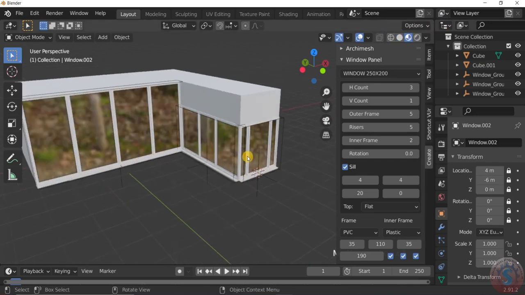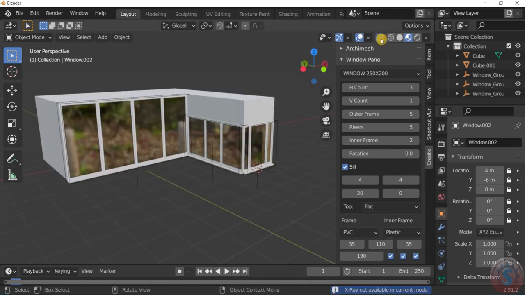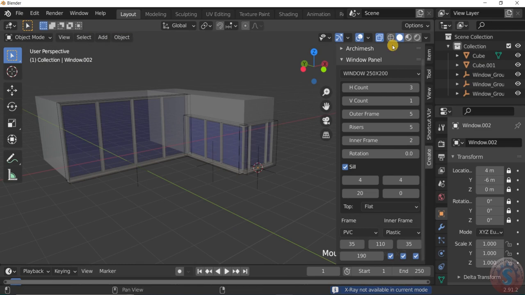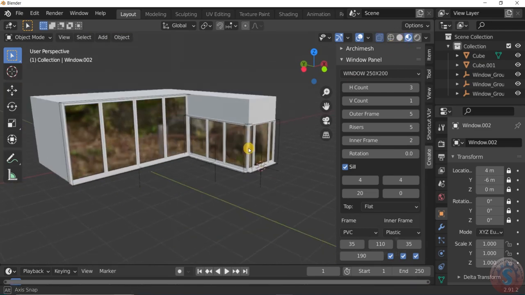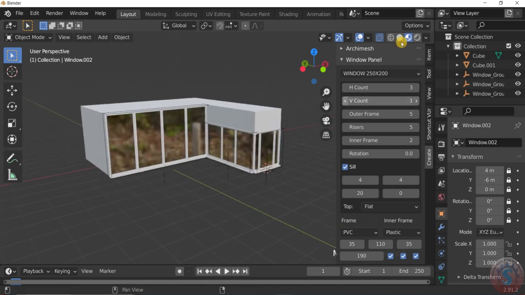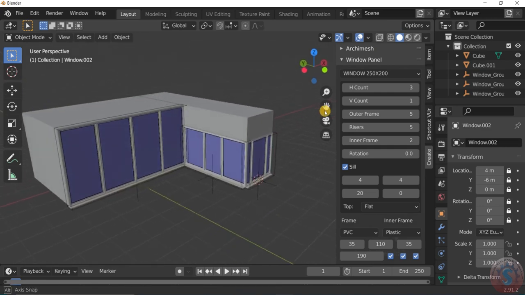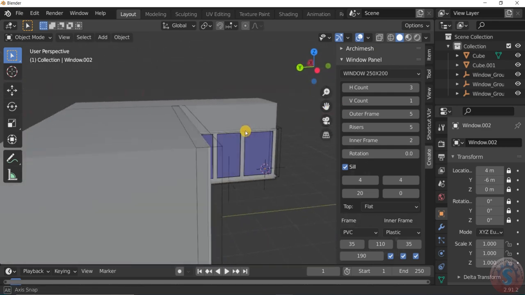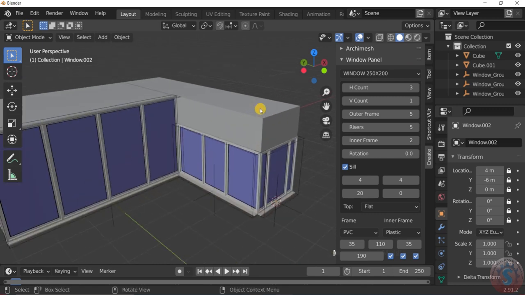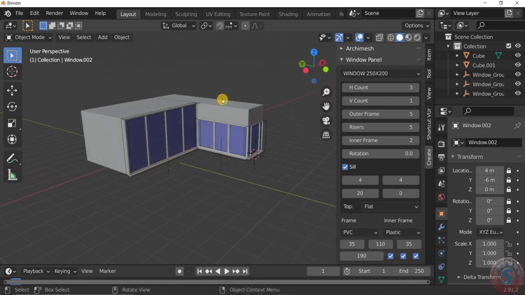You can observe, like this you can create by toggling the X-ray mode on the solid. You can observe this. You can increase the rotations and you can increase the height also by using this, and go into the solid mode again and toggle the X-ray, and you can observe this is created successfully. Like this you can create by using the Archimesh features. You can create in Blender only without installing add-ons. You can create by using object mode and edit mode.